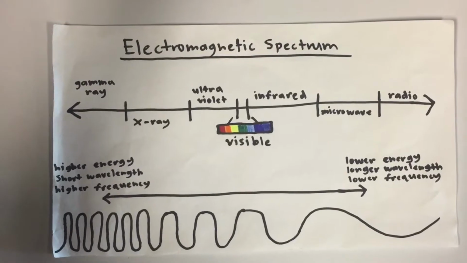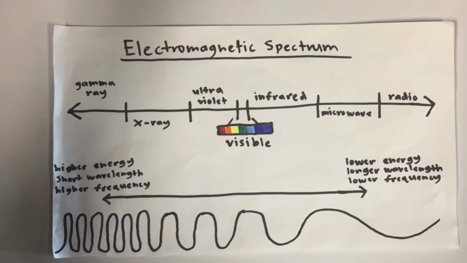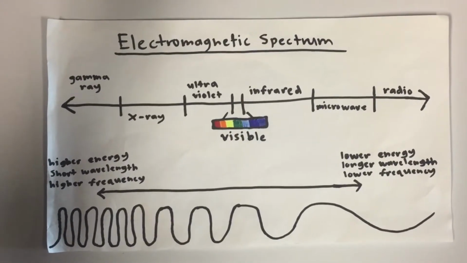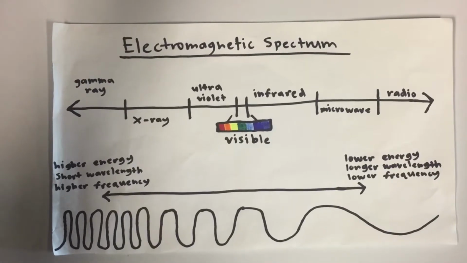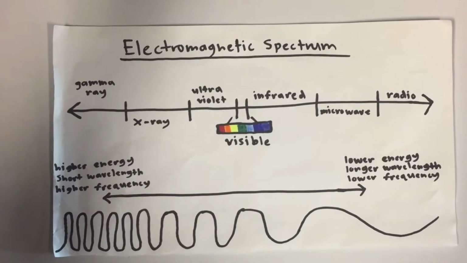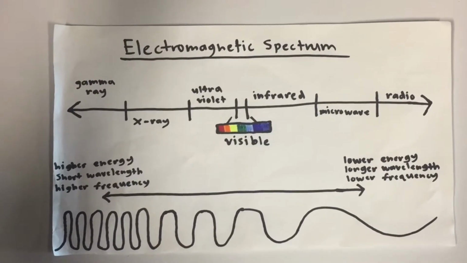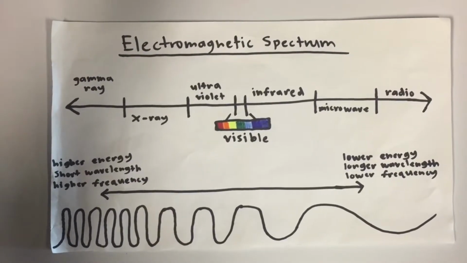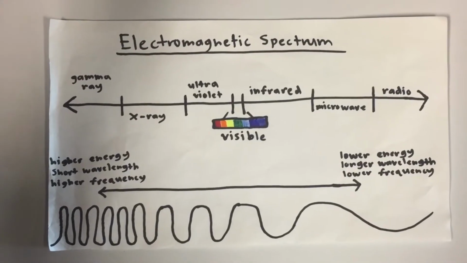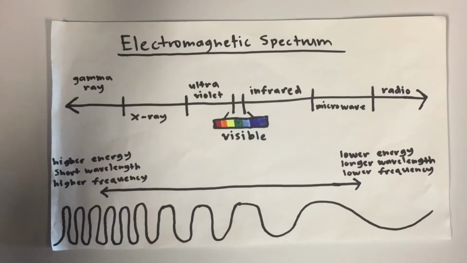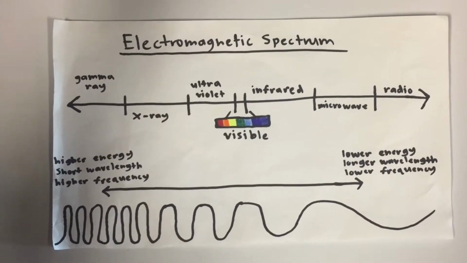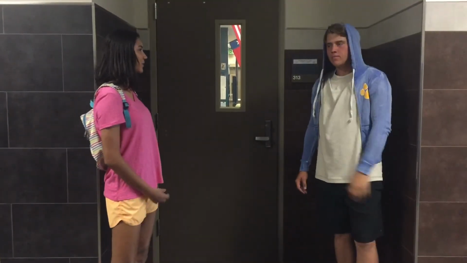Moving past visible light, infrared light is observable using night vision goggles and can also be faintly seen with heat waves. Microwaves follow, as they are used to heat food and observe outer structures of other galaxies. Lastly come radio waves, which are the longest wavelengths and the lowest frequencies of the spectrum. This form is used with music on the radio, satellites, radars, and computer networks. Wow, that's really helpful, Boots.